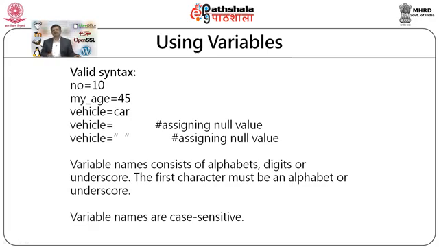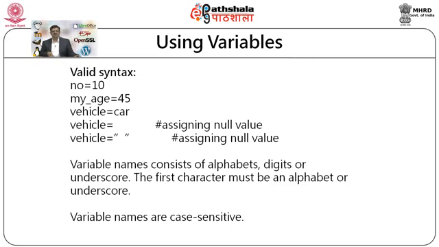Now, when we create variables, there are certain rules of creating variable names. So, the valid syntax of creating variables is the variable name can be assigned some value which can be a number or which can be a string. But as I said, if you are storing number or you are storing string, the variable will take it as a string. The variable will not take it as a number, and there is no provision of using integer or float type in shell scripting.